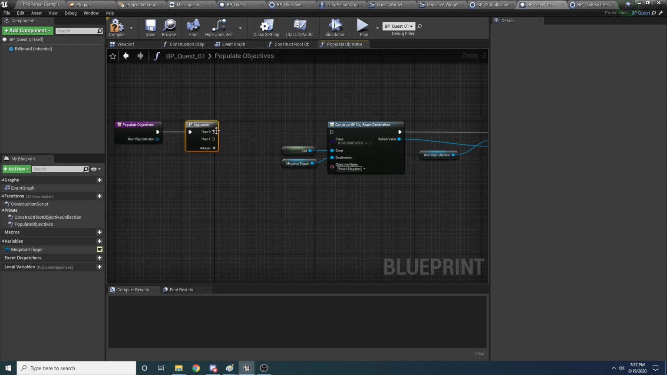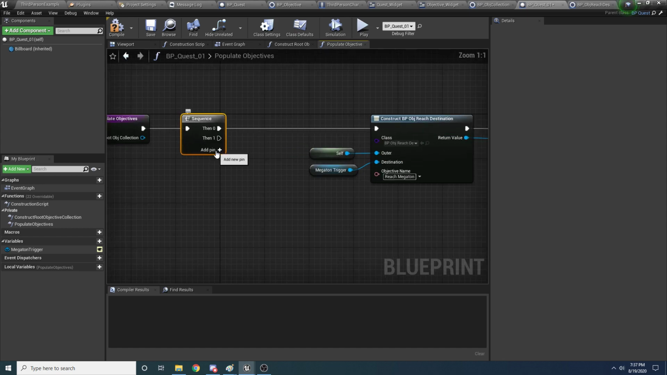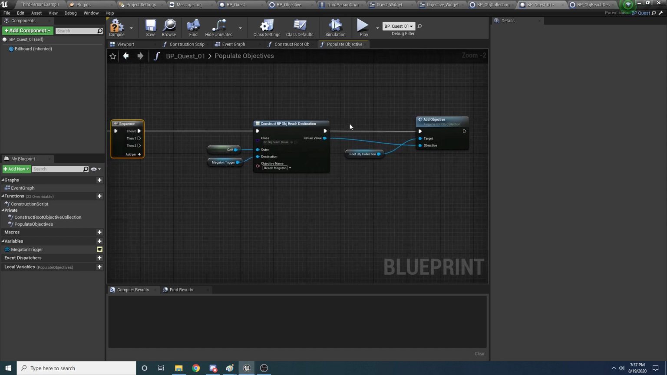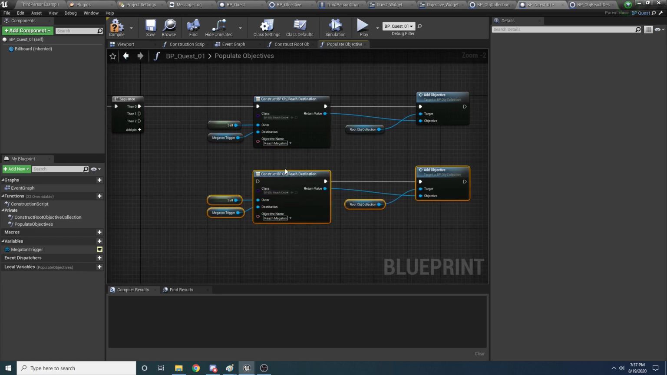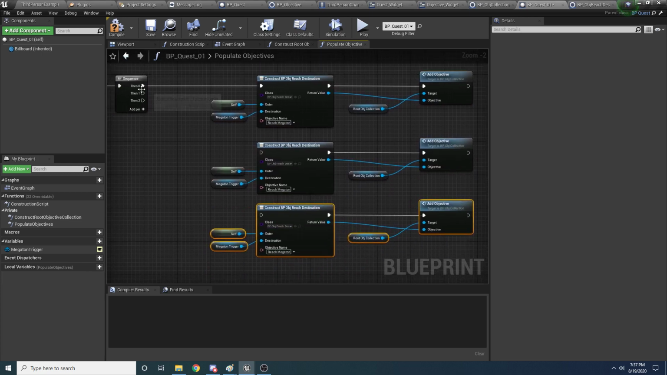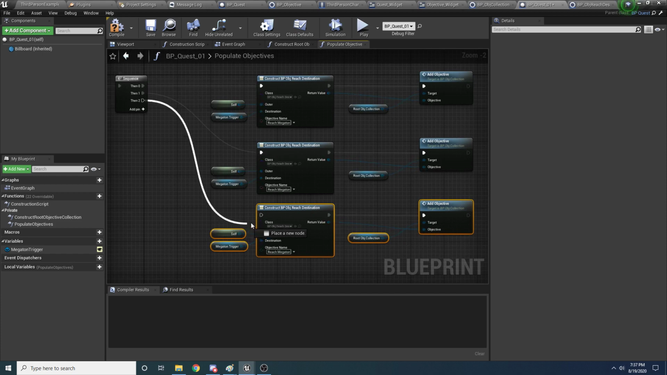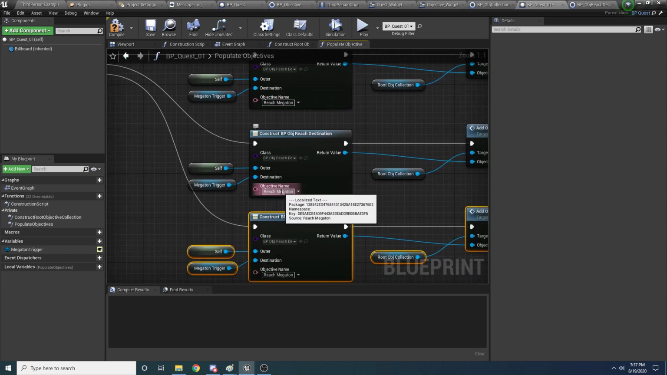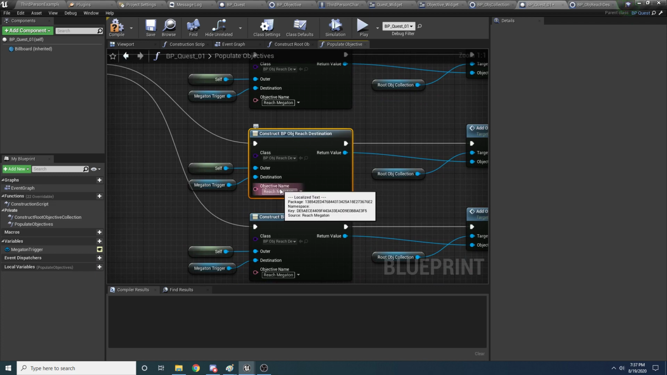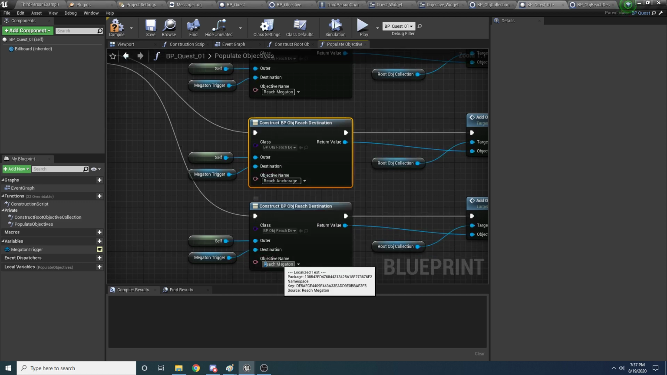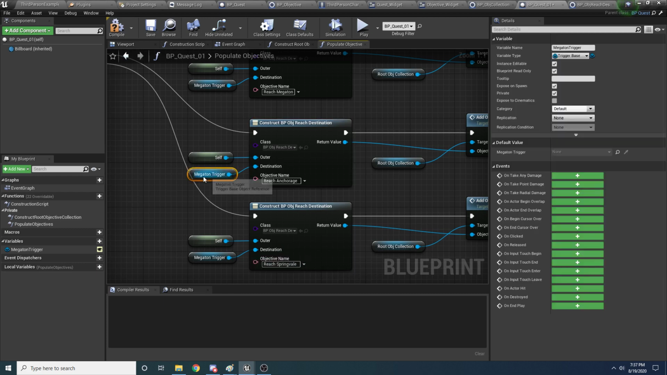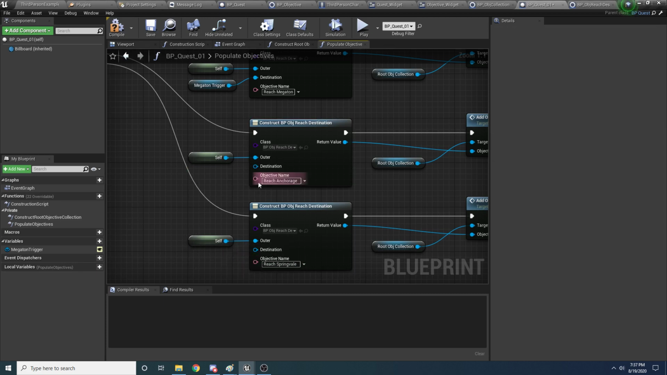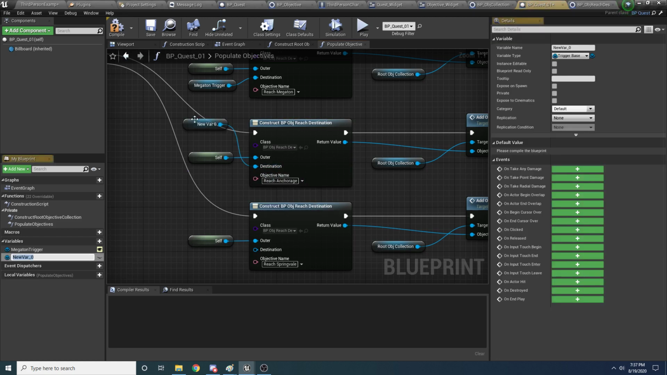So let's hook this up, and we're going to have 3 pins here, so we'll add another pin, and then we can just copy this code twice rather, and then hook this up to here and hook this up to here. But obviously we don't want them to all be reach Megaton, so this one we'll call reach Anchorage and reach Springville. And then we want to change these, so delete this, and right click on this destination and promote it to a variable. And we will call this